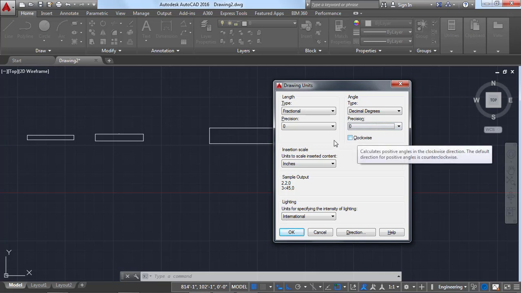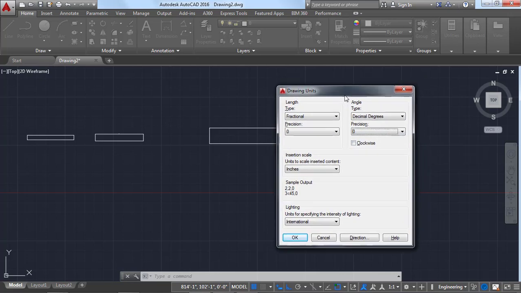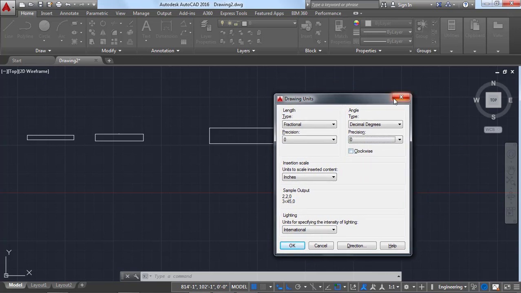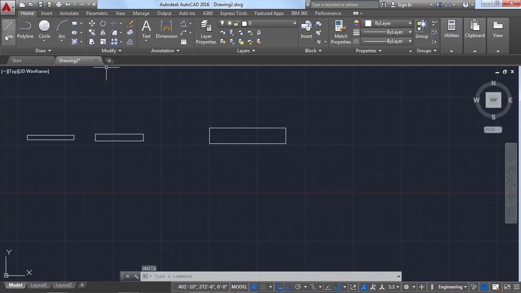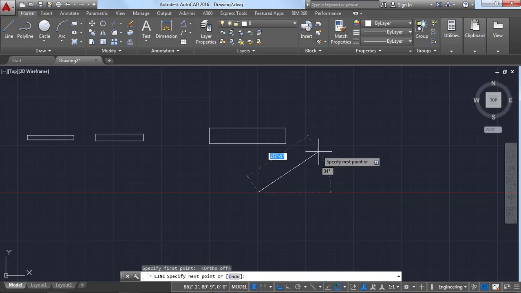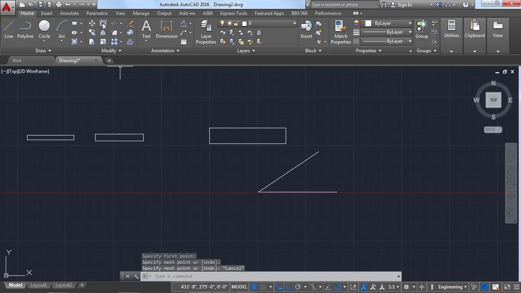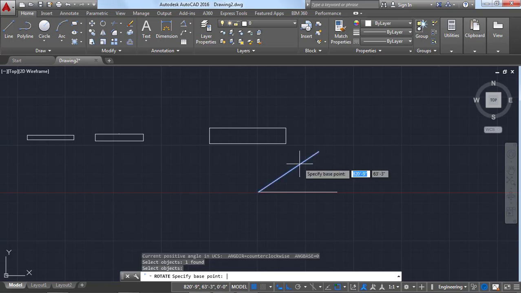Here we can see that there is a clockwise option. First of all, I will explain what this clockwise option is. Whenever you use the command line, draw a line with an inclination. After that, with the help of the rotate option, rotate this line. Click on that option and click enter, and it asks us to select the base point.